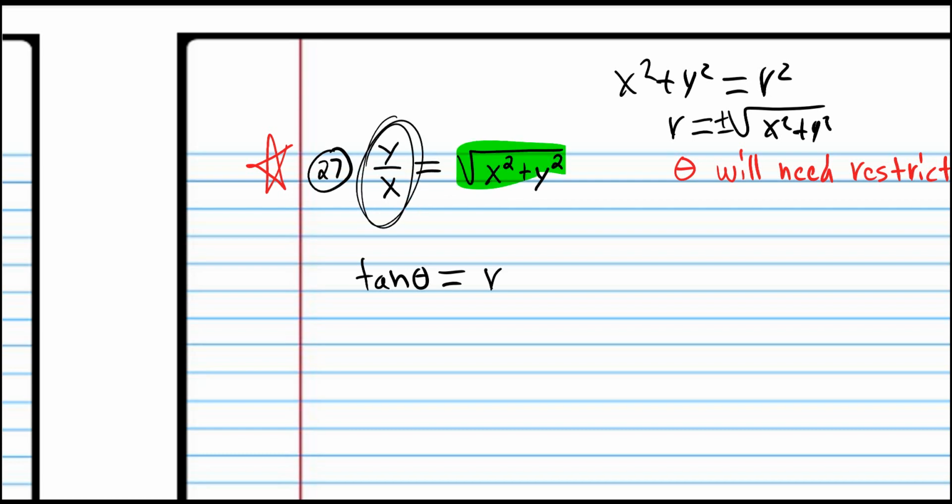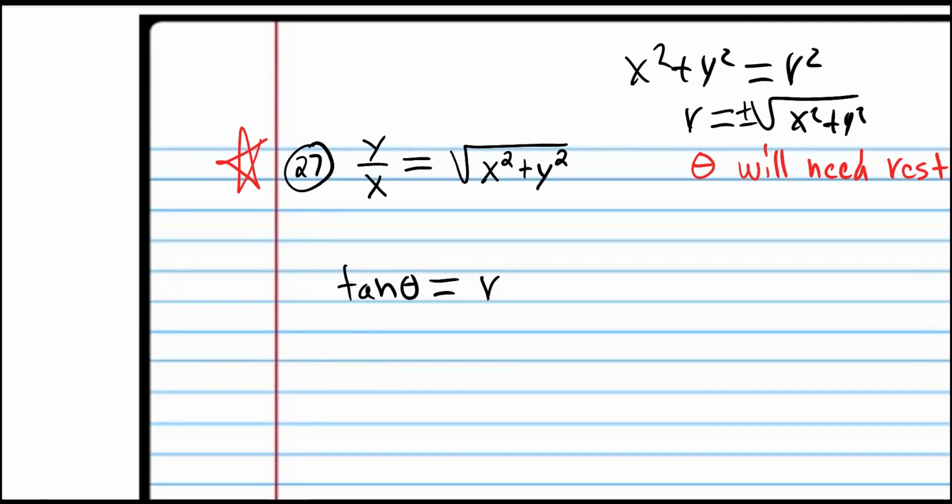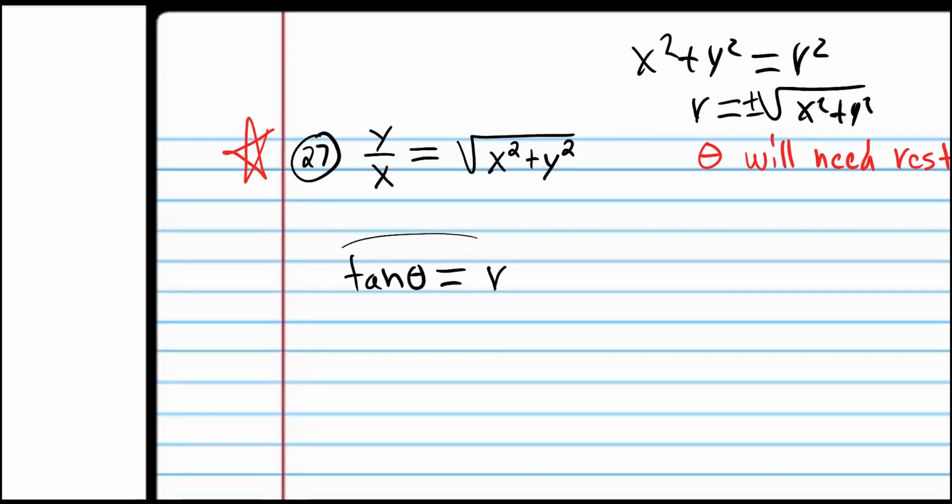But notice this side can never be negative, because when you plug in a positive and a negative, which is the situation that we're interested in, because a positive divided by a negative or a negative divided by a positive is a negative, then this side is not going to be negative. It can't be negative because there's no plus or minus symbol. I know that this is very confusing, but that's why most teachers don't even talk about this stuff, to be honest with you. But long story short, this equation